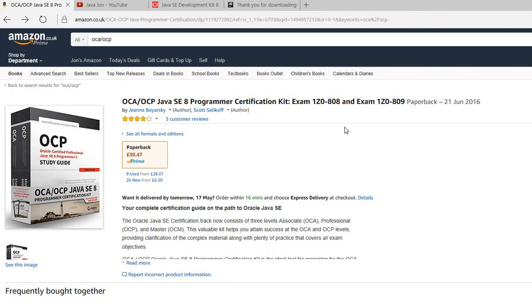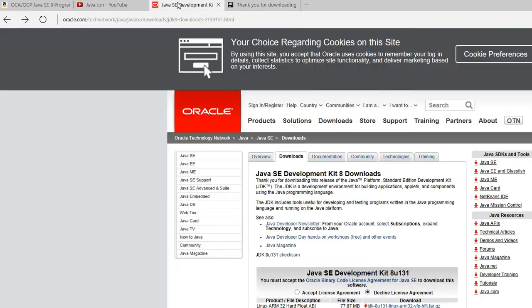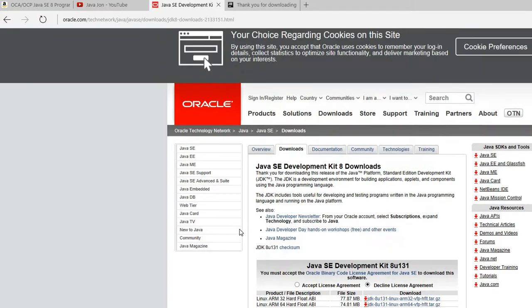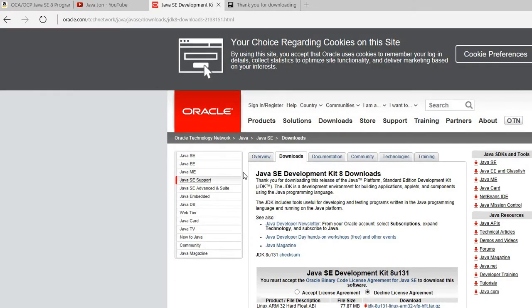in the videos. And you'll also need to have Java installed on your machine, which can be downloaded for free from the web, from Oracle. Just need to download the Java distribution specific to your computer. So they're all there. And make sure that you download the full Java SE development kit, not just a Java